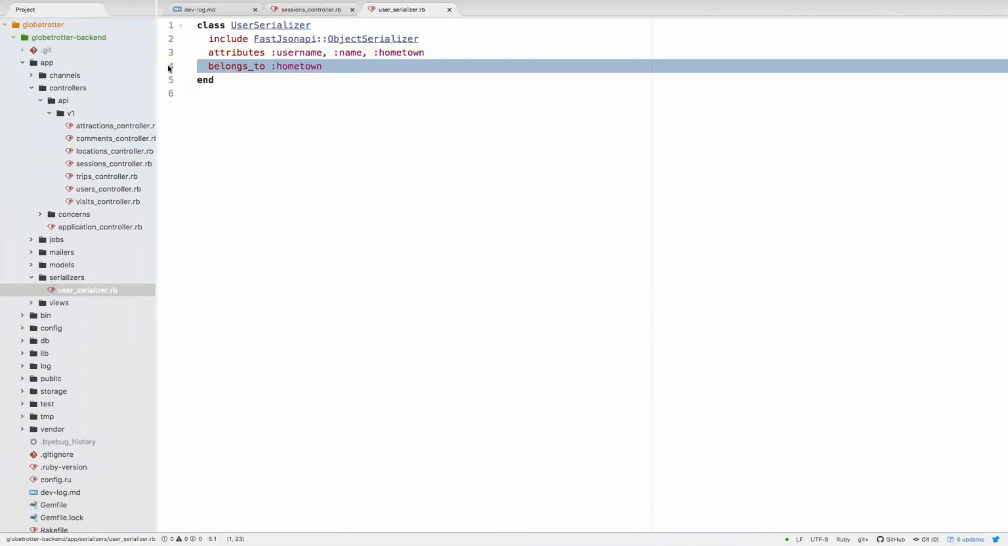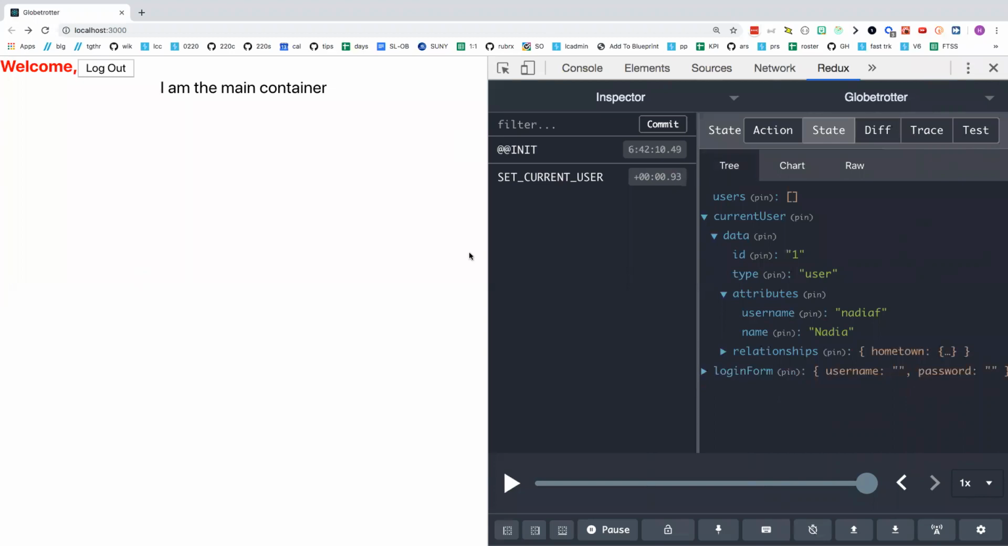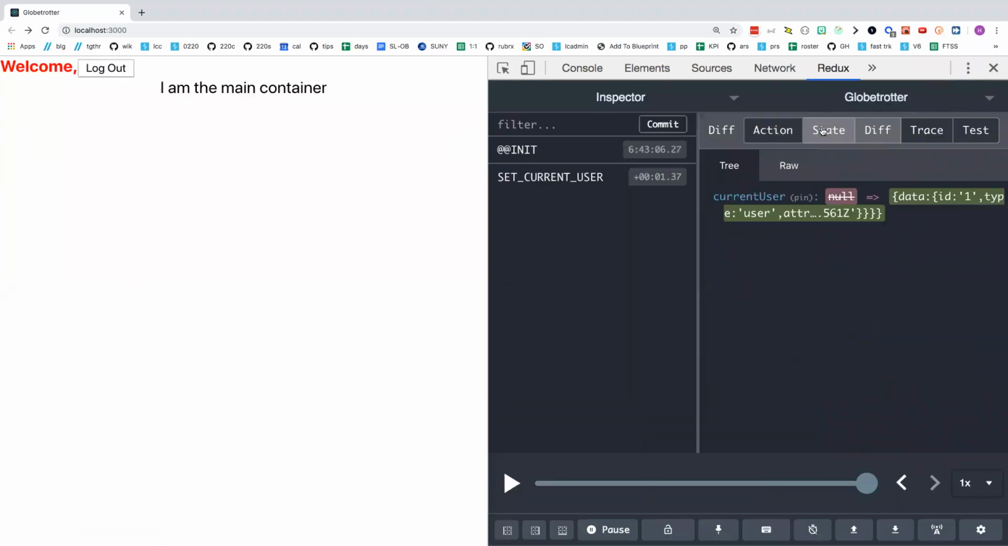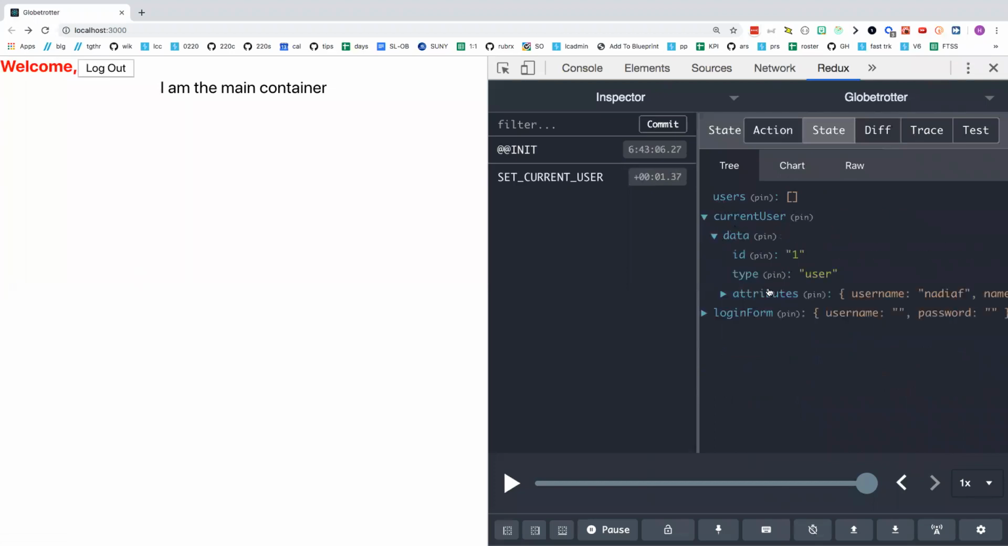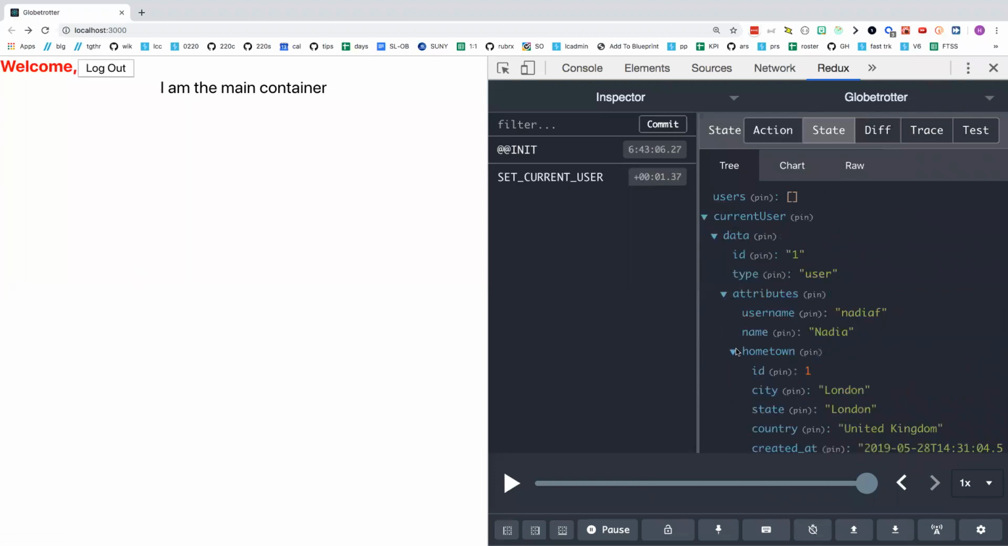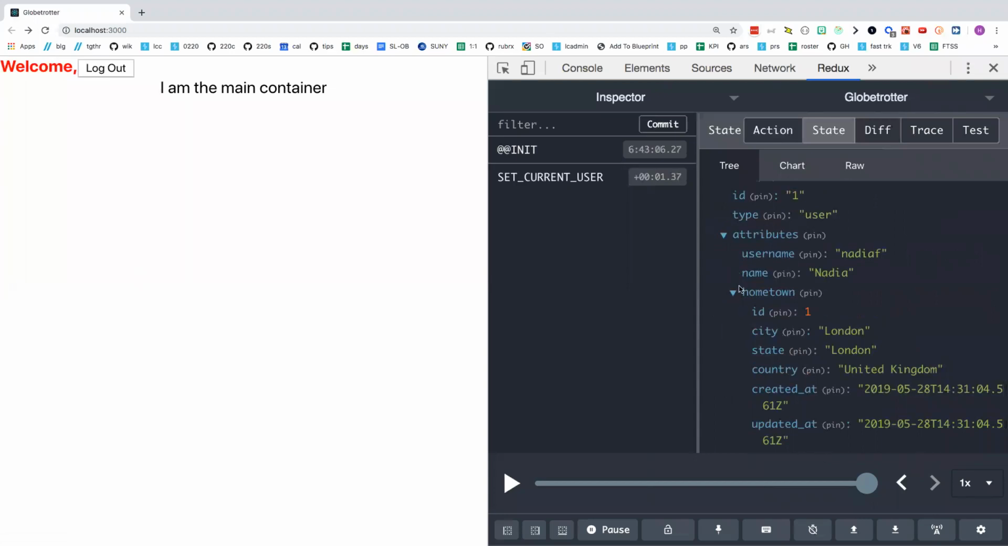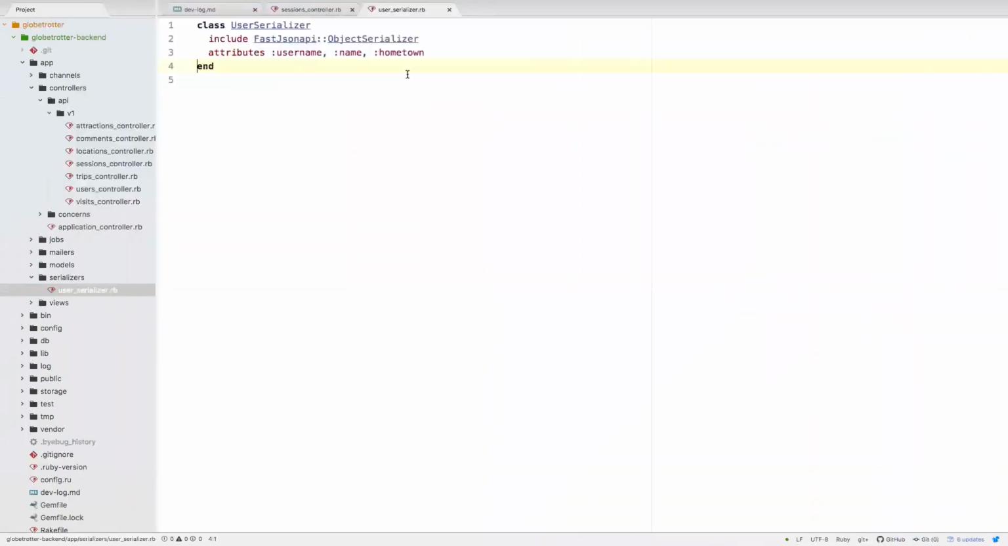Now the problem with that, if I save that and I refresh this again, let's see what that gives us. And now if I look at my state of current user, inside of an attribute is my hometown, but now I have, again, like back to all the Rails basics. So what I could do, this is kind of up to me how I want to set this up, I could also say def hometown